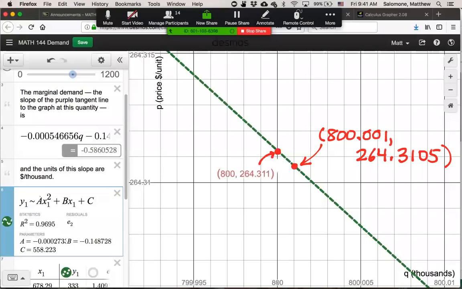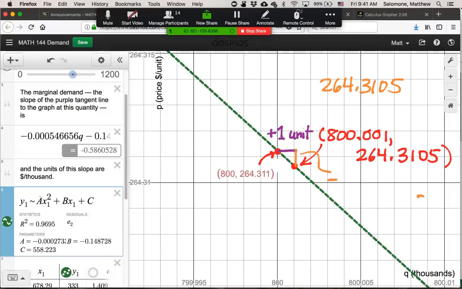But when we do marginal analysis, the question is really a question about change. It's a question about the relationship between the increase of 1 unit in production and the decrease in price, in this example, that comes along with that increase, and being able to quantify that difference. The way that I would do that is by subtracting this amount of price, 264.3105, minus the amount of price that we had in the beginning, right? If I want to measure this vertical distance, I should just subtract these two vertical values, the two y values of these points. If I do that, I'm going to write that calculation up here,